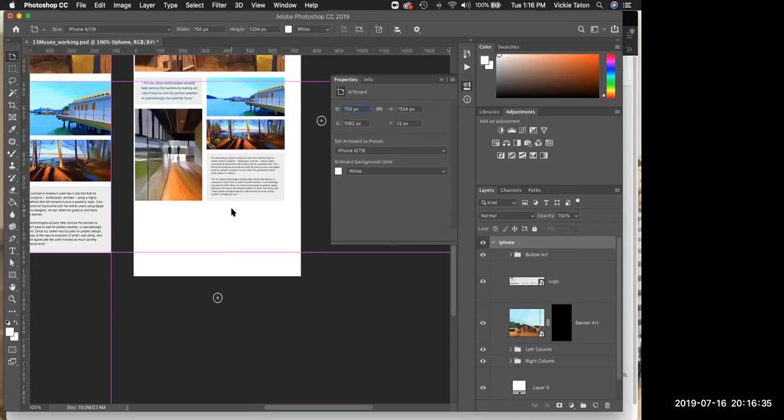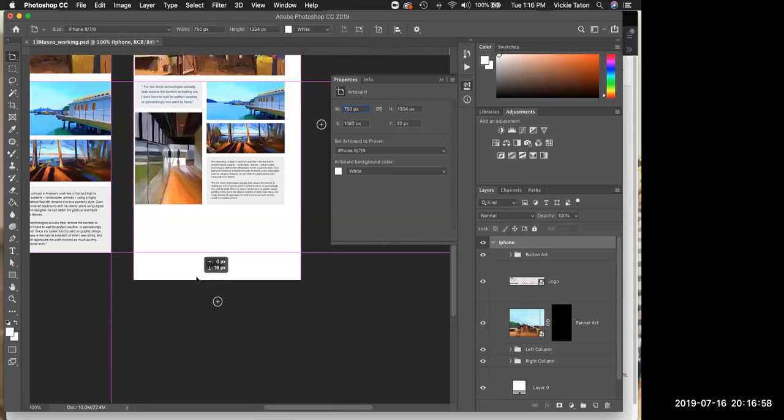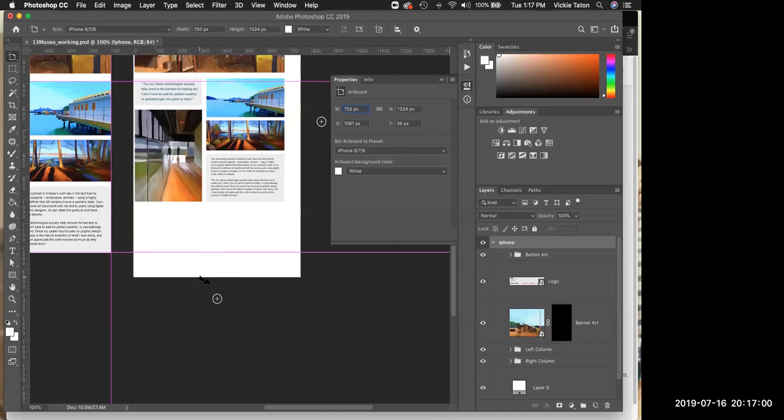I'm on page 337 where I want to create a taller artboard. And I do have the iPhone artboard selected in the layers panel. I have the artboard tool selected, but I'm not getting the bottom handle. So what I'm going to do instead is, in the properties panel, I'm going to make